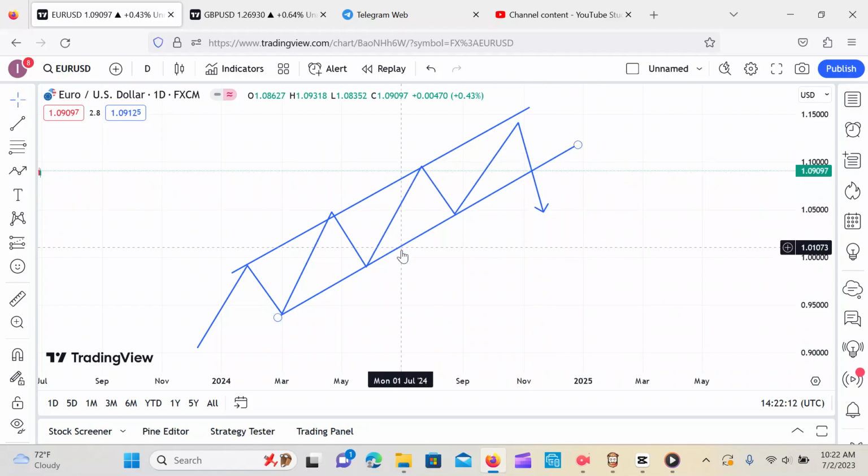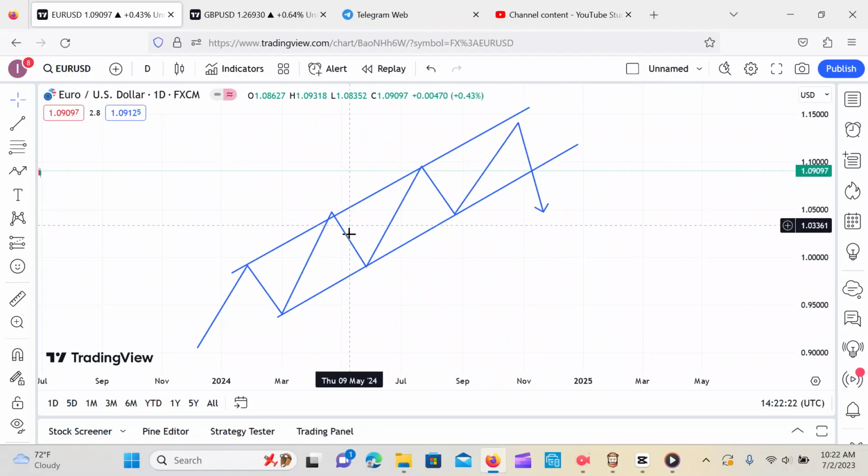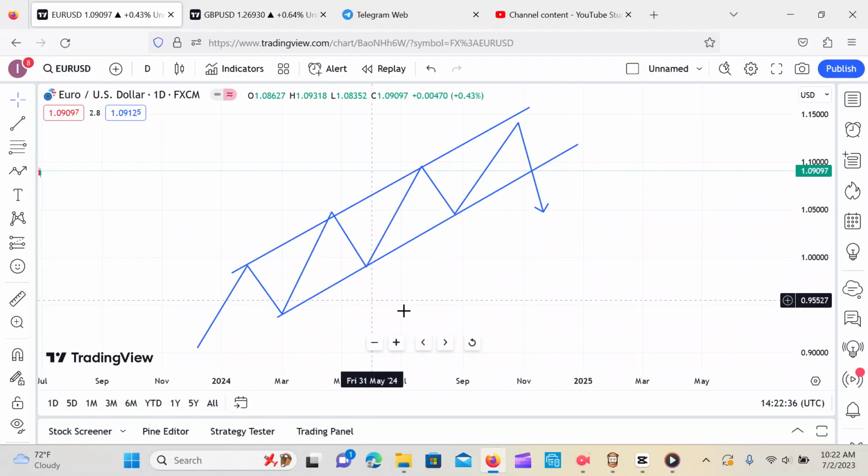Now, another rule that you need to take note of: if you are plotting this on a higher time frame, immediately price gets to this resistance level, no, we are buying. Immediately price gets to this support level on a higher time frame, go to your smaller time frame. If you want to be executing your trading, maybe you analyze on the daily time frame and you execute your trade on a 1 hour time frame. Then you go to the 1 hour time frame. On your 1 hour time frame, in this particular area,